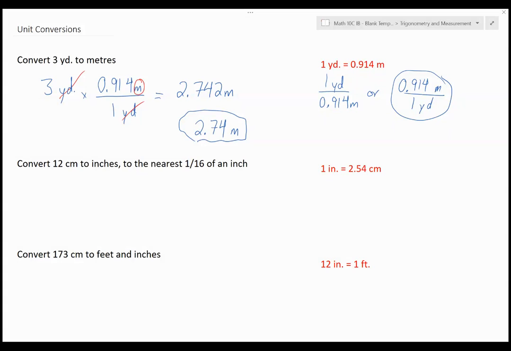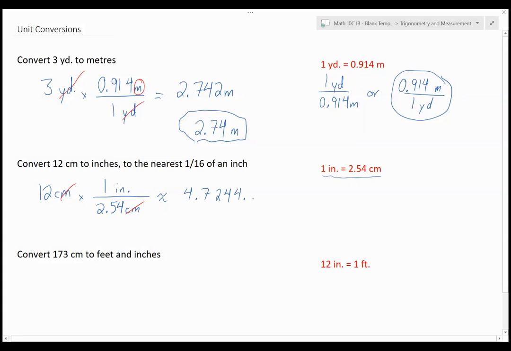So let's say we want to convert 12 centimeters into inches, and then this to the nearest 1/16 of an inch I'll get to in a moment. But first I'm going to convert from 12 centimeters to inches, just like I did above. So I have 12 centimeters. I have a conversion that tells me that 1 inch is equal to 2.54 centimeters. Since it's centimeters that I want to cancel out, the centimeters are going to go on the bottom of a fraction. And that leaves me with 1 inch in the numerator, which means that in this case, in order to cancel out centimeters, I actually need to divide 12 by 2.54. And when I do that, I get approximately